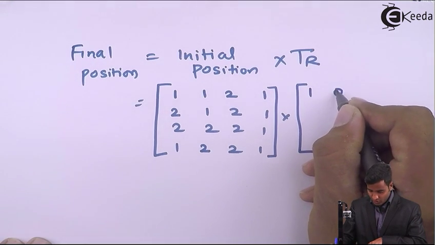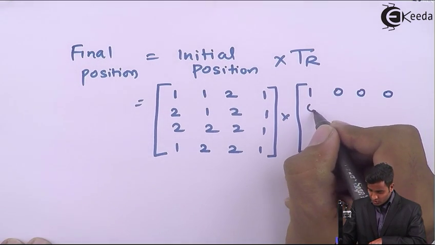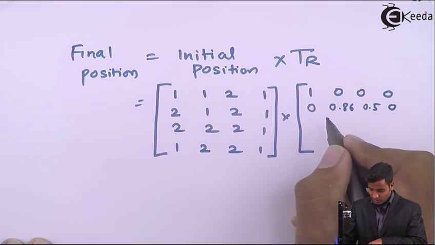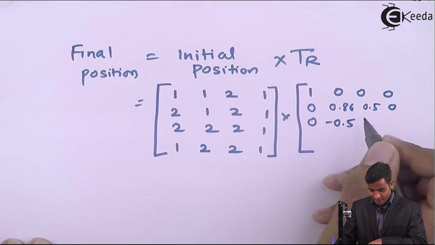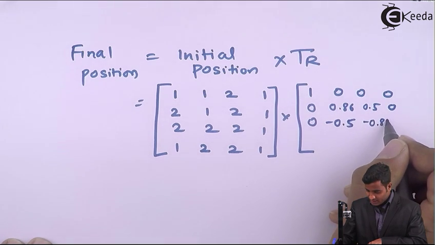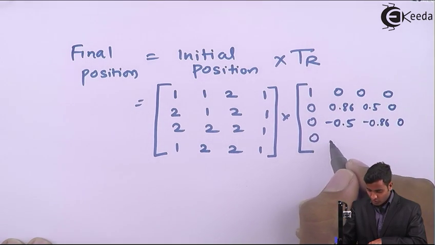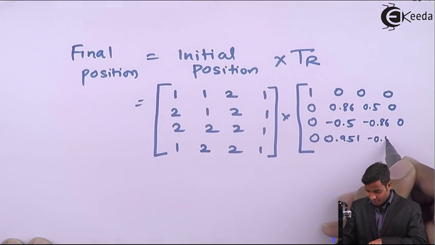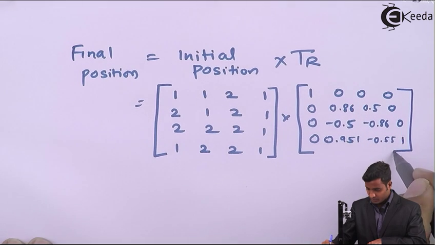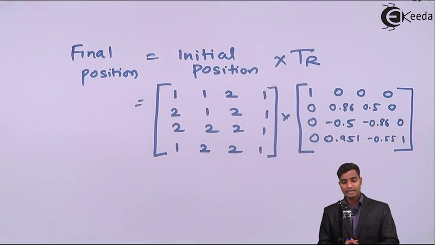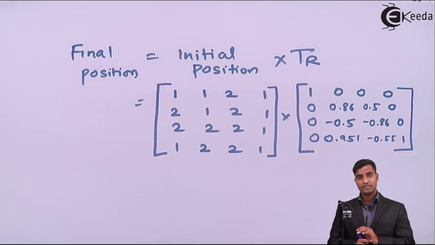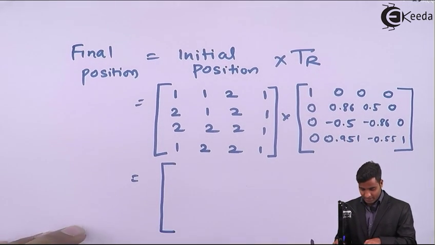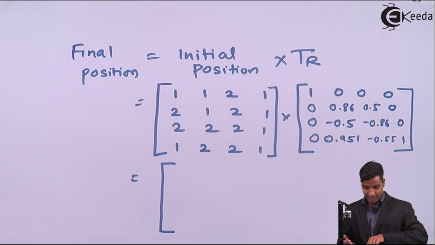So TR is 1 0 0 0, 0 0.86 0.5 0, 0 minus 0.5 0.86 0, 0 0.951 minus 0.55 1. Now I will multiply both the matrices, then I will get the final position of a region. So I will multiply these matrices, and I will get the final position as